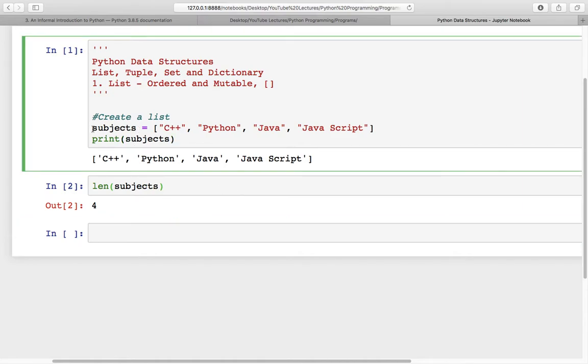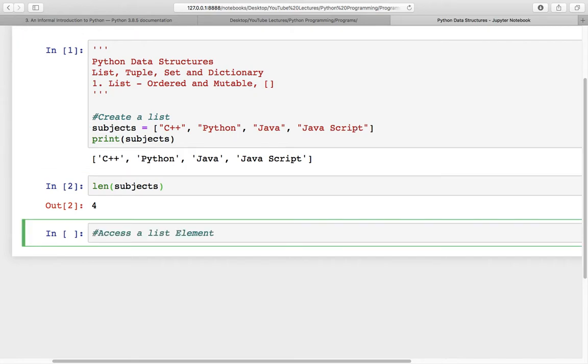You can add various kinds of data types inside this list. At this moment you can see that we have some strings here, but it is not mandatory. You can add some numerical values also, or some tuples, or any other data structure also, right?